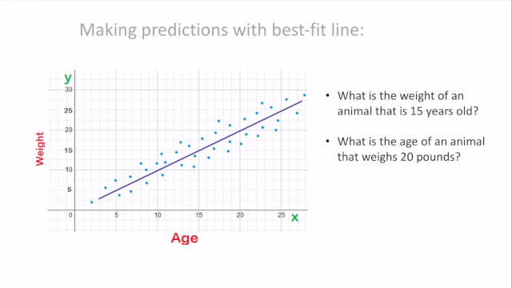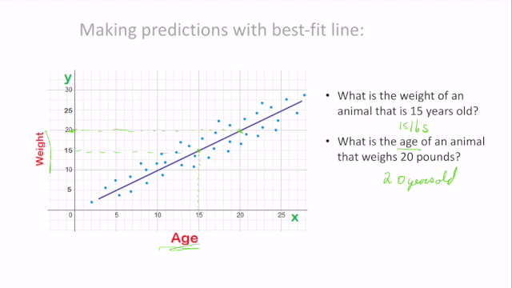When we have a best fit line, we can make predictions with it. Here we have the weight of animals and their age. What is the weight of an animal that's 15 years old? I would go to where age is 15, and I would say, at 15 years old, it weighs 15 pounds. Sorry, what's the age of an animal that weighs 20 pounds? I go to 20 pounds, over to my best fit line, and I would predict it would be 20 years old